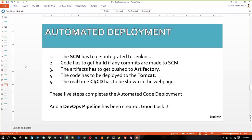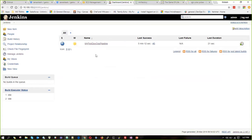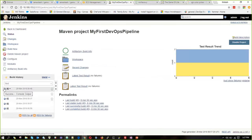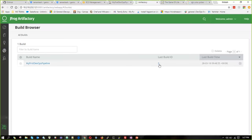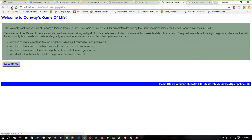So for that, what we are going to do is quickly come into Jenkins and check how many builds we have created. It means we have created 5 builds, and in Artifactory, I will just refresh the page, and we can see the last build is 5. This is my web server, like a production Tomcat server, and my application is up and running. Now going back to the build,